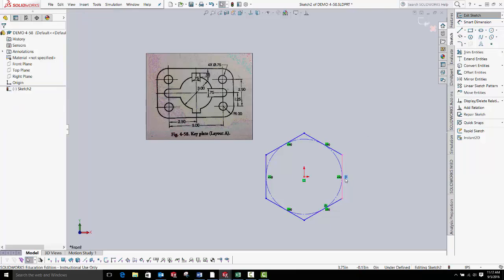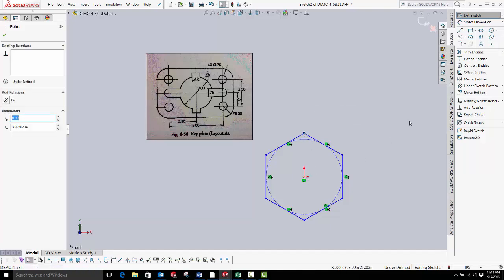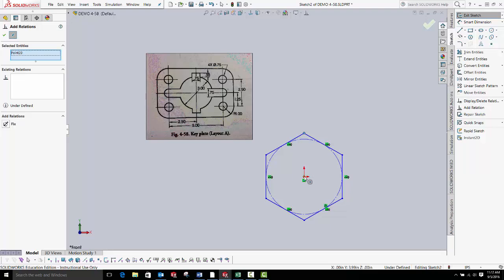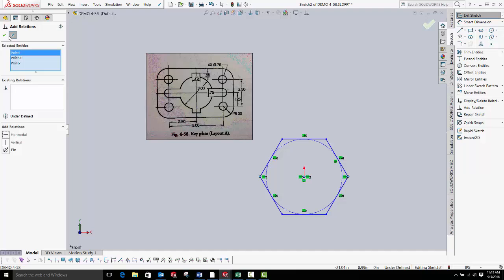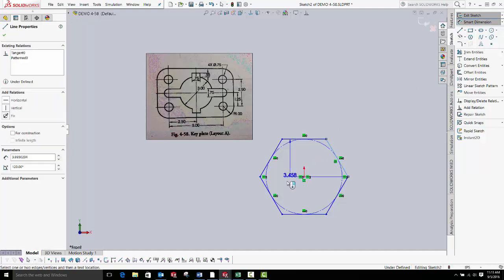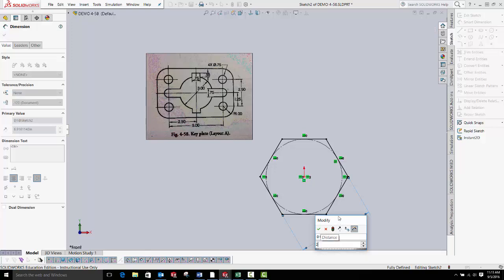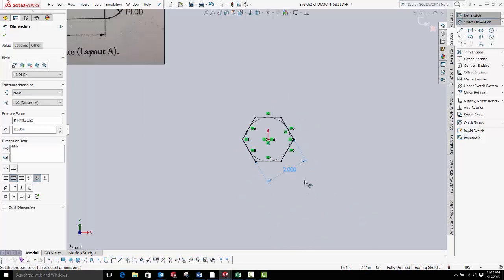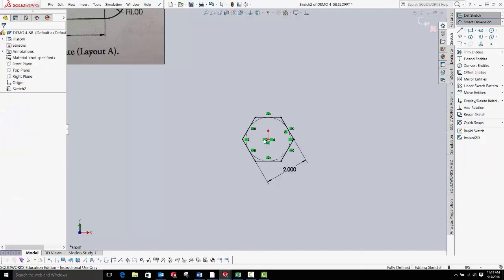You could also delete that and say we want this point with a relationship to this point, and those three are going to be horizontal, and it'll spin for us. And very often we want a distance from one flat side to another. We could say we want that to be 2 inches, and we've locked that in. It's defined now. If we take that horizontal relationship away,